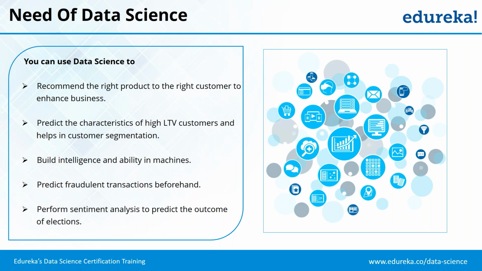Next is machines. You can build a lot of intelligence in machines by collecting a lot of data. So this is used very widely nowadays. Our cars are getting smarter. There are a lot of features that are coming in cars, like cruise control, which maintains a constant speed despite the environment conditions. There can be roads that are on a high slope, and roads that have very steep slopes downhill, and still you are able to control your speed. Similarly, there are very advanced features now coming in cars, like identifying whether it is becoming dark, and then automatic headlamps glow up when it starts to go dim in the evening. So these are all intelligence that is built into machines.